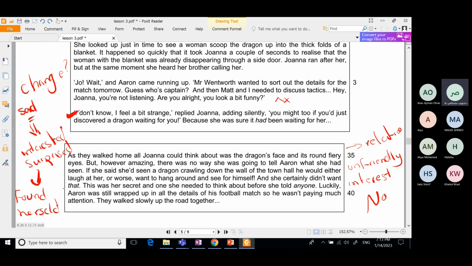Okay, so there is a change for the events, the general atmosphere of the passage. There is a change of her emotions or her ambitions, but for her brother Aaron, there is no change. He stayed careless about his sister's emotions from the beginning to end. All he is interested in is his football matches. Okay, fine. Now we finished